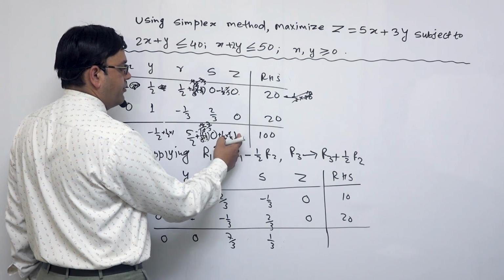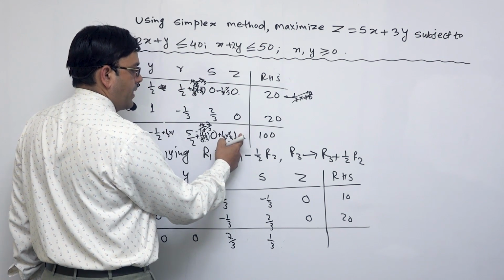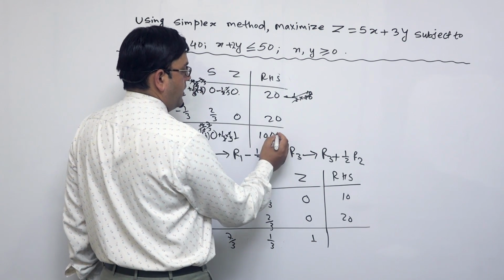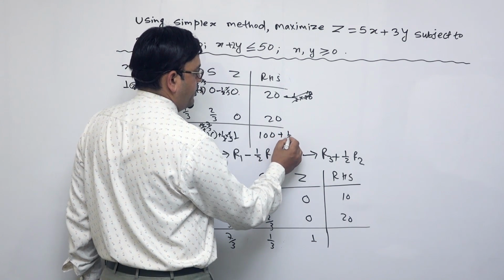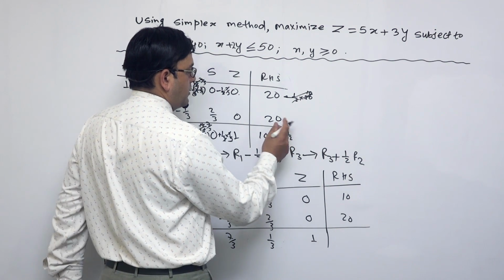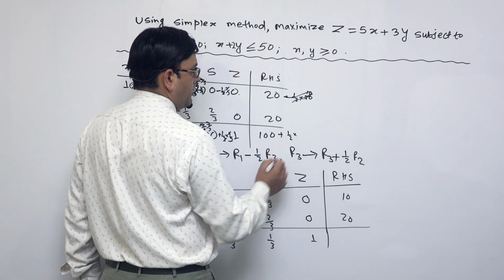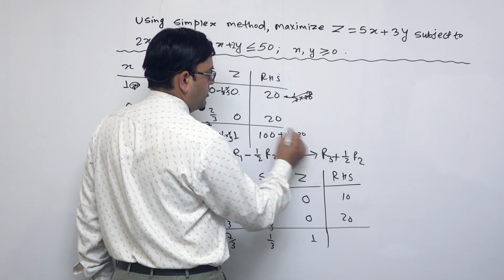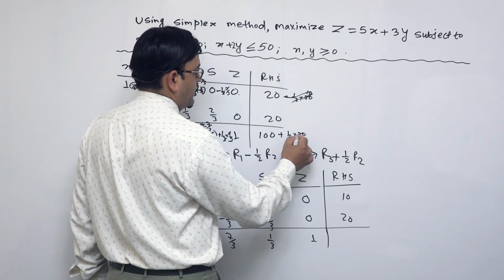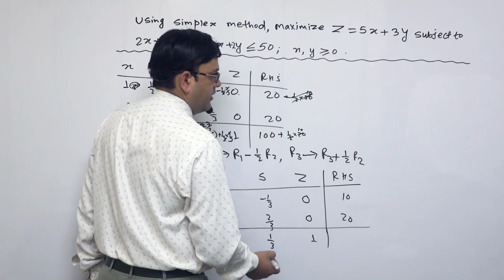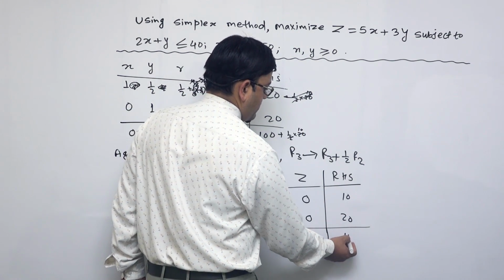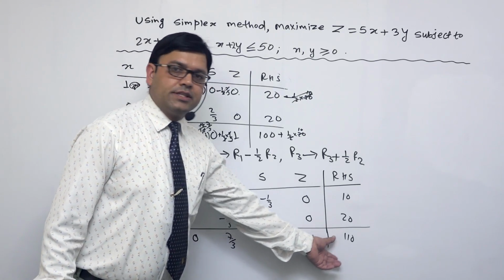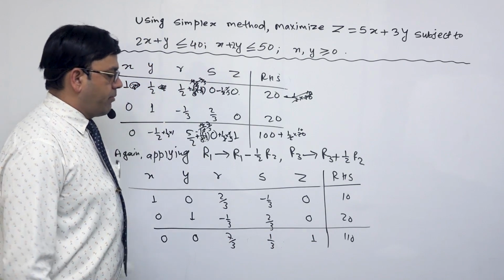Similarly, this changes into this plus this, 0 हुने भयो। यसको त 1 नै आउने भयो। यस्तै गरी 100 plus 1 by 2 R2. R2 means we have 20. 1 by 2 R2 means 10. So this and this cancel. So 100 plus 10, 110 आयो। अब हेर्नुस् त, हाम्रो यो लास्ट रो चाहिँ सबै पोजिटिभ आयो।